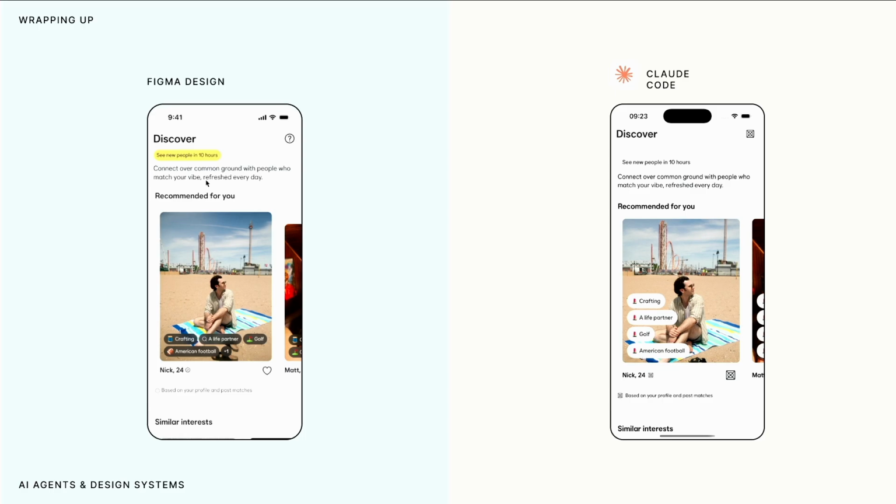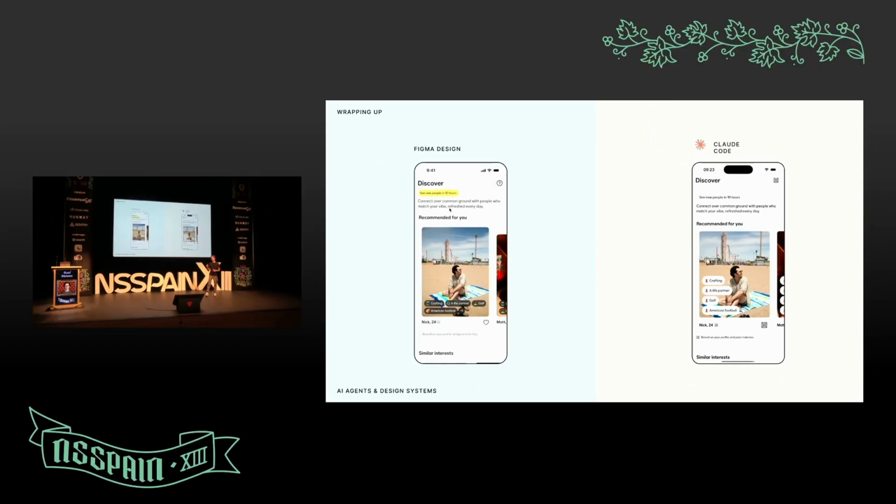And that's very important to explain, because Figma MCP does not give you SwiftUI code. It gives you React and CSS. So what happens is when you query your agent, it needs to interpret that code and transform it into SwiftUI, then use Code Connect to get the elements. And sometimes, because the context is too big, it might lose a little bit of information. So even though this screen is fully backed by the design system with all the information that it gives, a couple of things actually got missed.